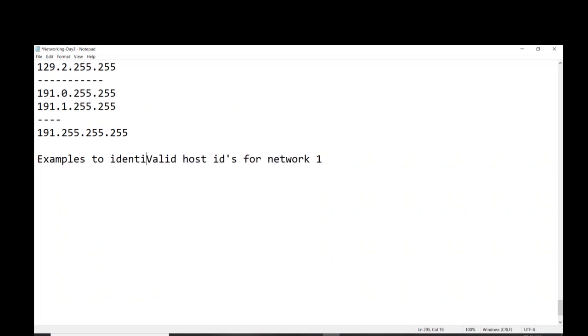Identify whether the given IP is valid or invalid. Okay, so now I am writing